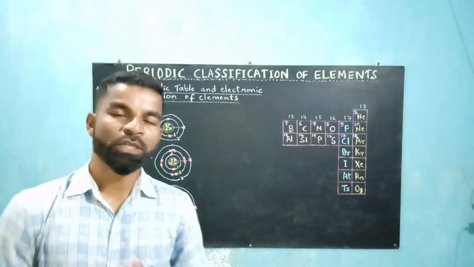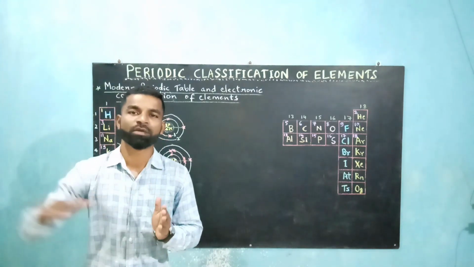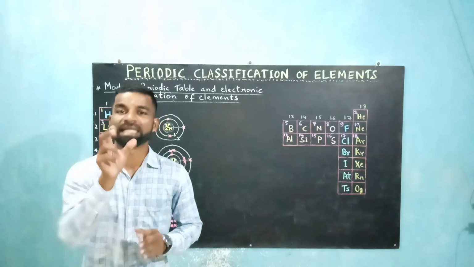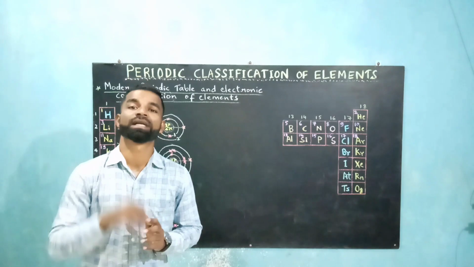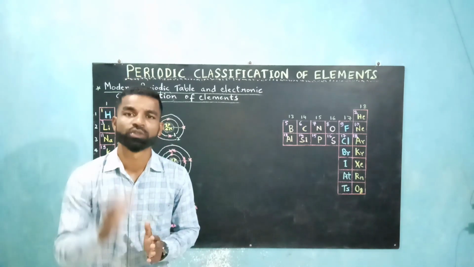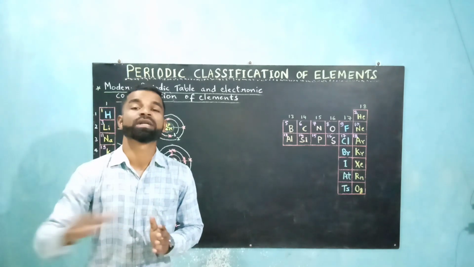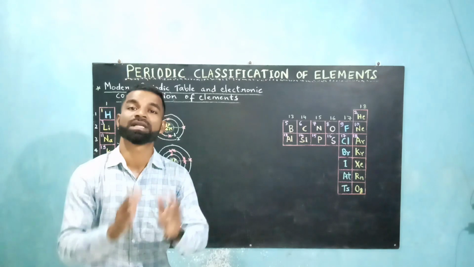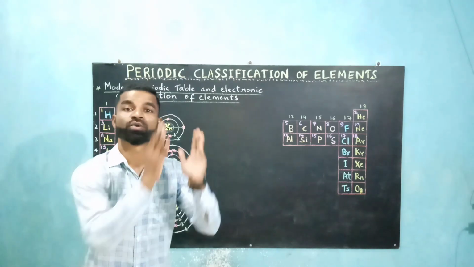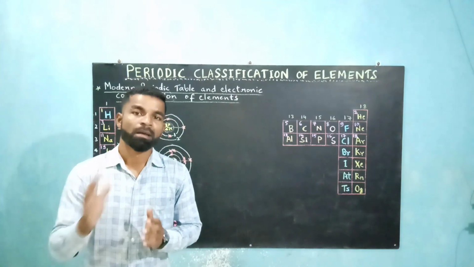At the end of this video, you have to remember a few basic things: the elements are arranged in increasing order of their atomic numbers in the modern periodic table. The vertical columns are called groups. There are a total of 18 groups. The chemical properties of the elements within a group show similarity and gradation as you go down the group. The horizontal rows are called periods. There are a total of 7 periods, and the properties of the elements change as you go from left to right within a period. So that's it in this part.